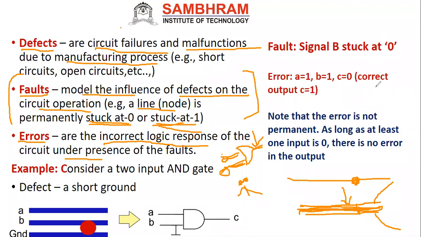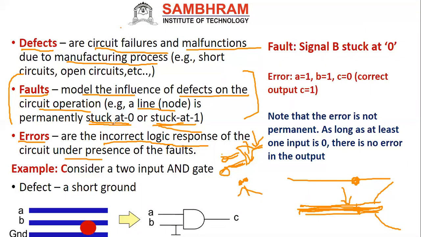Next, what do you have to do? How did we get that error? There will be some fault. If there is some fault, you have to check the input, applying any one input, and then properly check how the fault has occurred. You have to go a little bit internally into the gate, to find out whether it is a defect or not. That is why all three terms are interconnected, we can say.